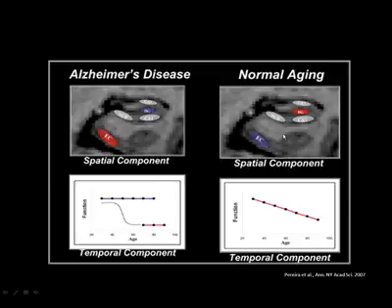In normal aging, we see this inverse pattern, which was really unexpected. The dentate gyrus is affected first and foremost, and the entorhinal cortex is relatively spared. So we do see this dissociation. This argues, I think, strongly that Alzheimer's and aging are separate processes. I should emphasize that the pattern found in